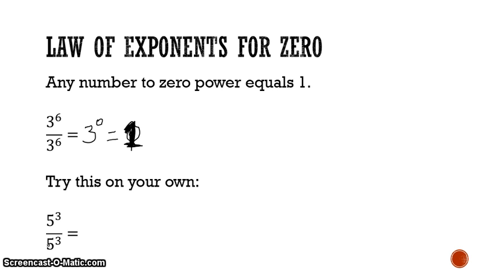Okay, so here you have the same bases. They're both 5s. You're dividing, so you're going to keep your base and subtract your exponents. So 3 minus 3 will give us 0. And then we know that anything to the 0 power is 1,